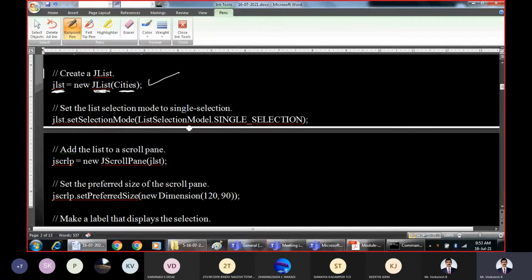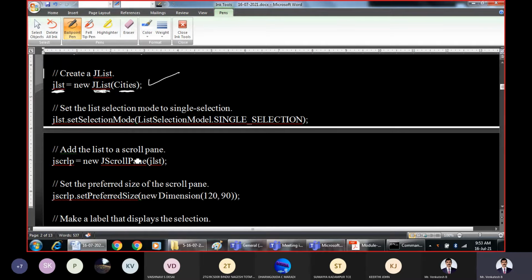Now for this, we are going to make use of the constant present within ListSelectionModel, and the mode which we are selecting is single selection. So single selection means from the list of cities, or from the list of items, we are allowed to select only one item, not more than one item.